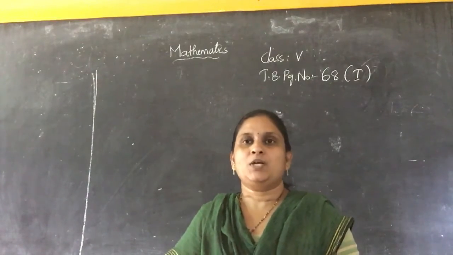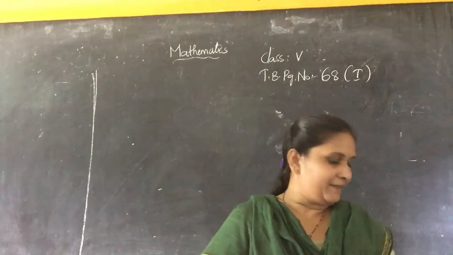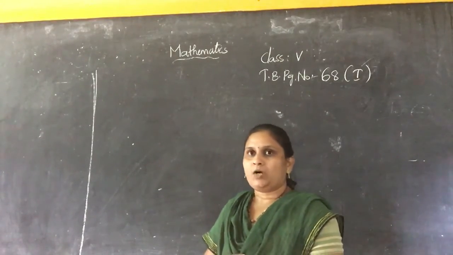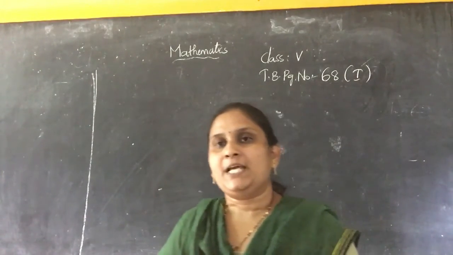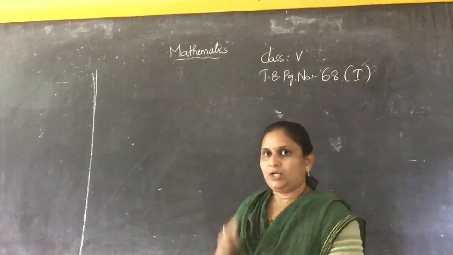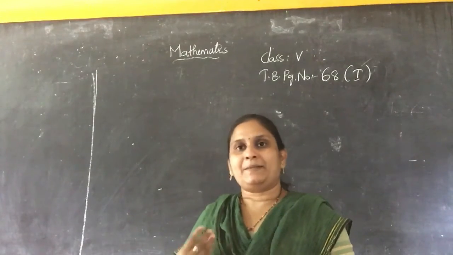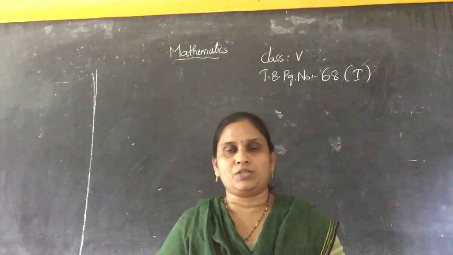So for this, open your classwork, and in the first section you will be having 6 sums. Textbook page number 68. In Roman number 1, you will be having the 6 sums. So out of 6, 2 you are going to write along with me in the classwork, and the remaining 4 as homework have to do children.